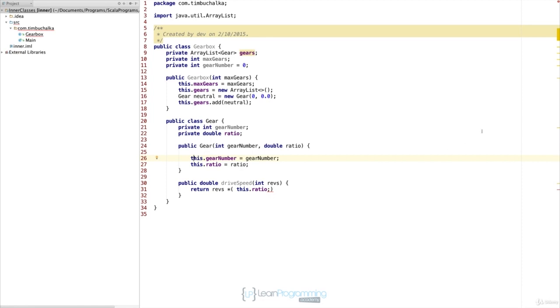And that probably brings up an interesting point here, but using the same variable name for two different things like this is confusing. And of course, the reason why it's confusing is that inside the gear, both this.gearNumber and gearNumber refer to the gear number of the gear and not the gearbox itself. So if you want to refer to the gearbox's gear number from an instance of the gear class, you have to use